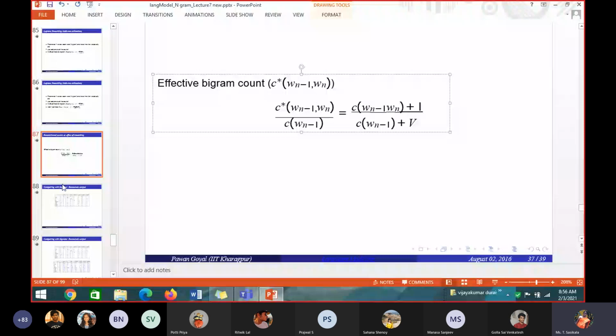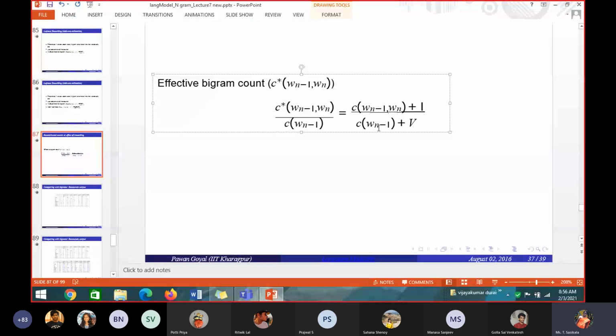Okay. Have you all noted down this formula? Can I give the problems now? We'll see the problems, how to find that, steal some probability from the existing data and how to give it to others. Can we see now? Have you all noted down this formula? If you want, you can write it as n minus 1, or you can make it as i minus 1. We put a comma here, C of n minus 1 or i minus 1 comma Wi divided by, if instead of n you make it as i, because we are used with the term i, C of i minus 1 plus V, that is adding 1 to the numerator divided by the total number of words.